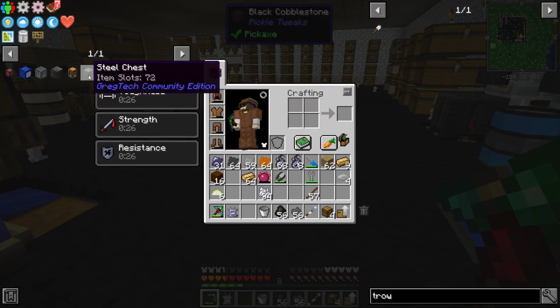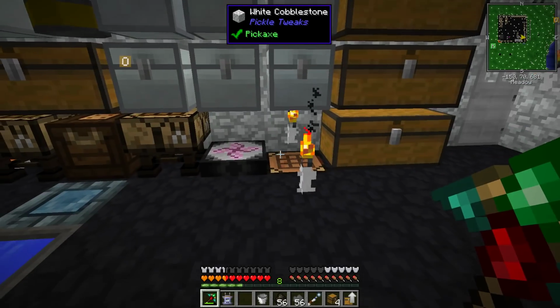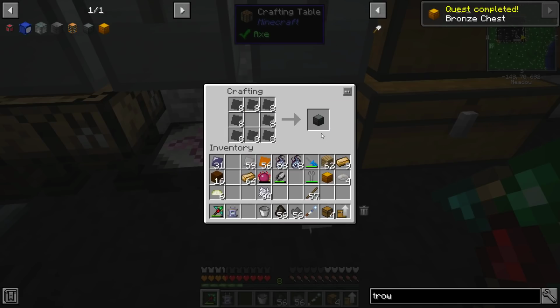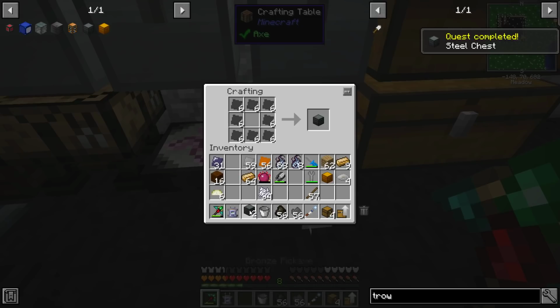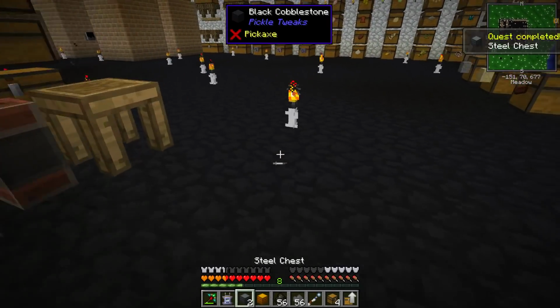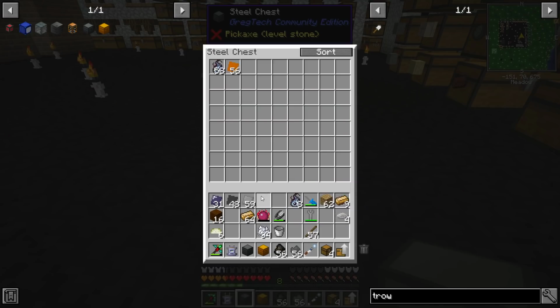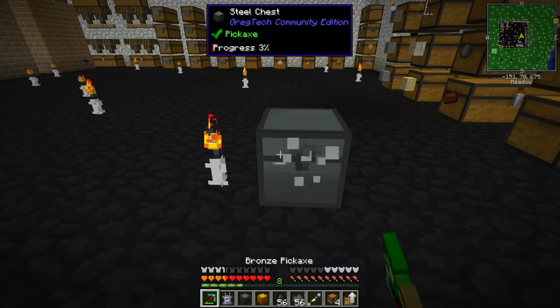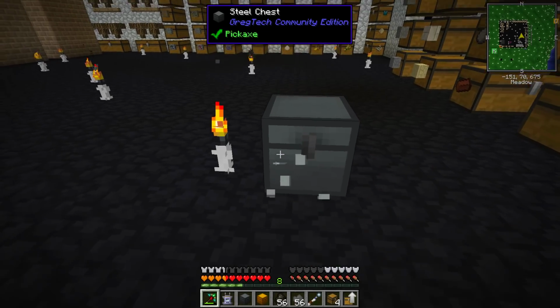We're going to do bronze chests and steel chests. These are really easy ones to do. So literally, here's a bronze chest, and here's the steel chest. I hate them. Oh, crap. I didn't mean to make two. Stupid lag. The reason I hate them is because you can't space click in here. There's a sort button, but I can't space click out. So, it's a good storage chest, but it just...